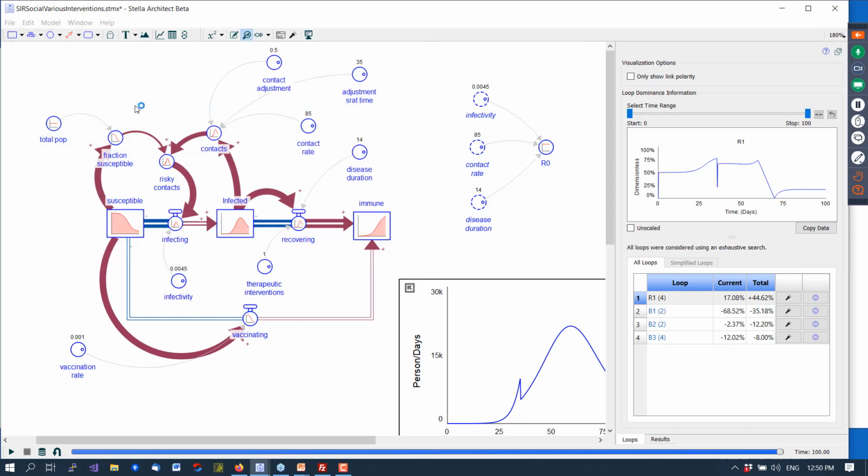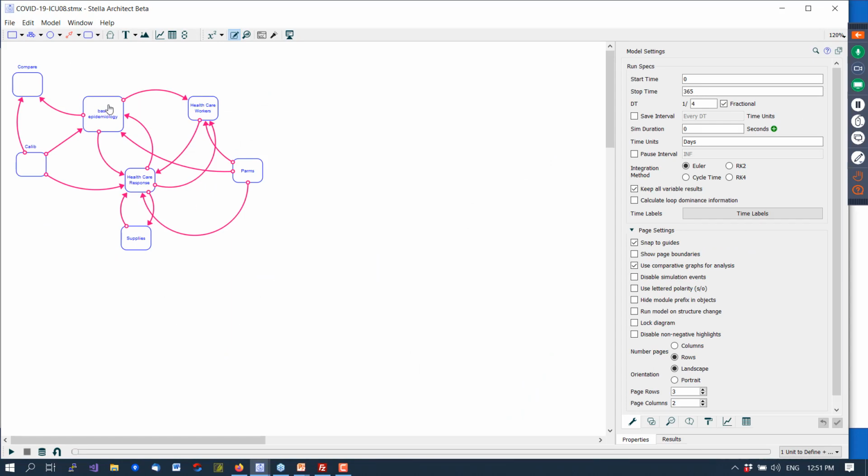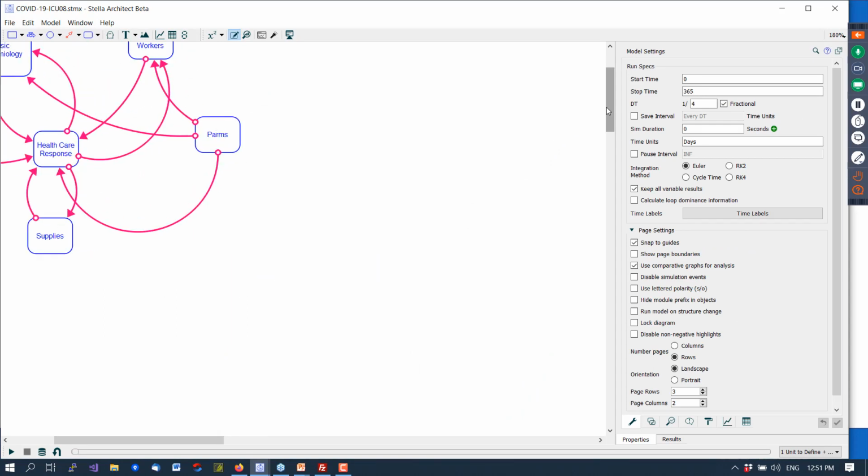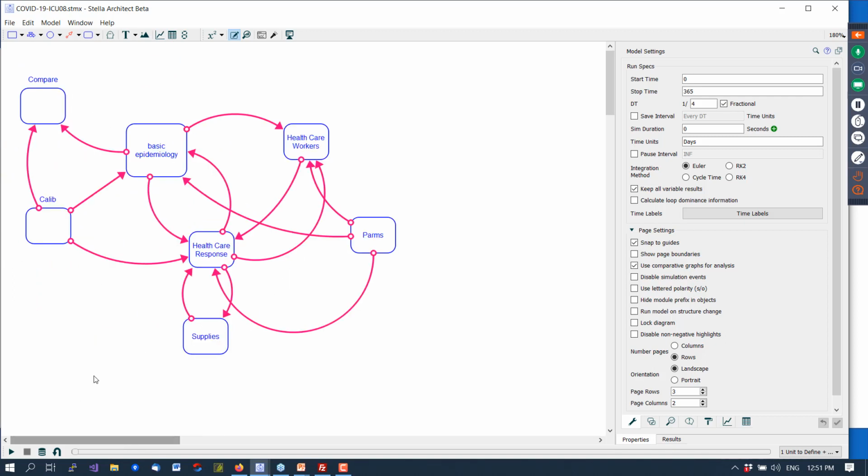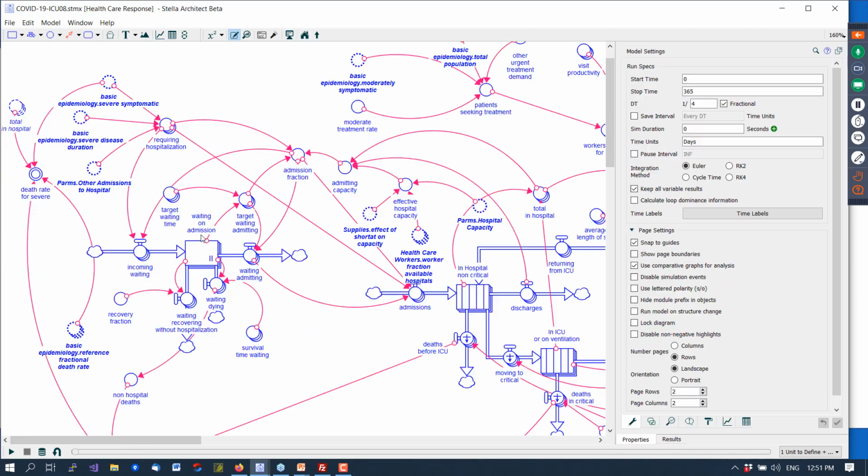So this is a model that incorporates the disease transmission, so the epidemiology that we've been showing so far. And in addition has a healthcare responsiveness, which is a hospitalization section. So you can have people needing hospitalization coming into the hospital, potentially going into ICU in the hospital, but also a waiting list. And one of the biggest scary things about COVID-19 is if this capacity is limited, we put people on the waiting list. The vast majority of deaths, if we don't manage to control the disease, the vast majority of everything is happening here, which is actually outside the hospitals,